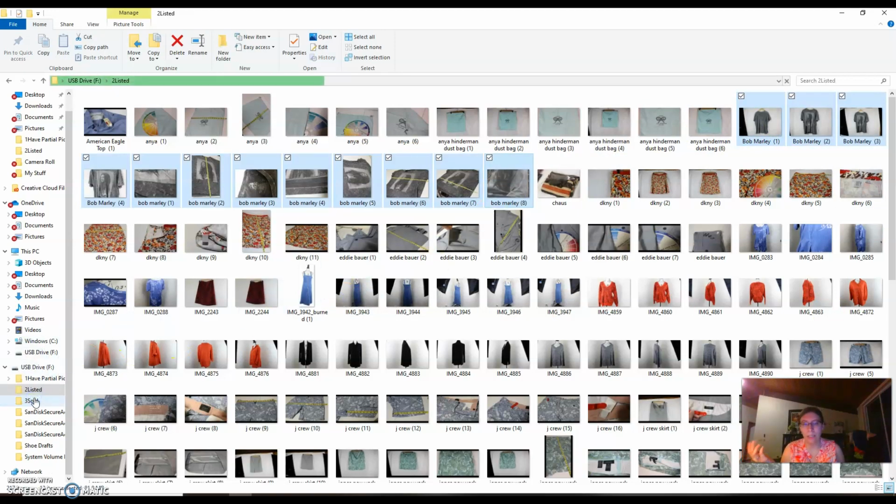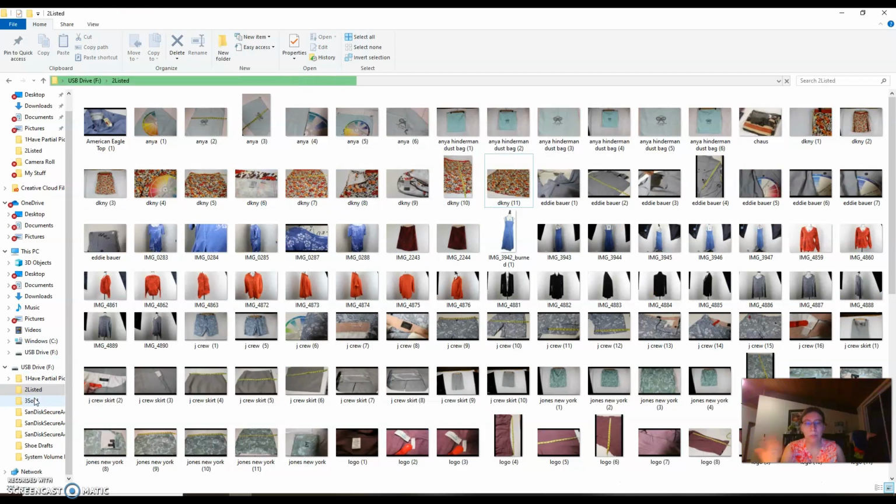And then you probably wonder, well, what do you do with all of these pictures? Well, I keep them for about a year. And then after the year is over, I get rid of them. I know that sounds kind of weird or strange to keep your pictures for that long, but that way, if you ever need